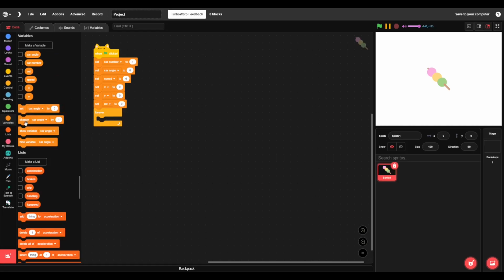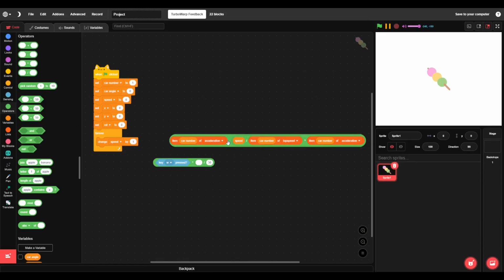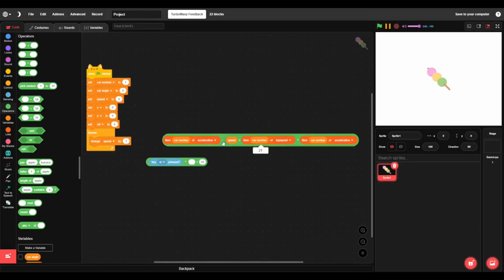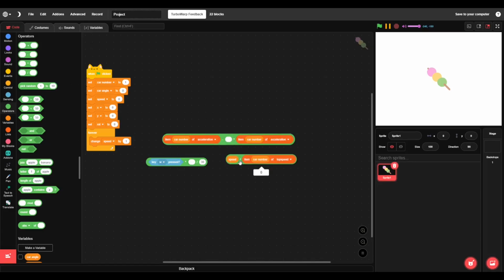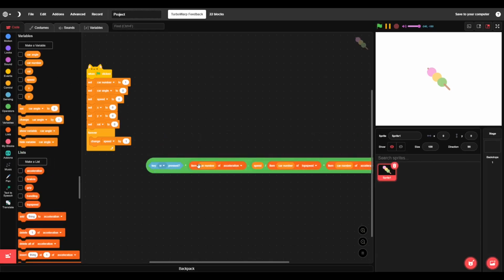So we want the car to accelerate whenever we press the W key. So this right here is what will make the car accelerate. And if you're somewhat familiar with mathematical terms and functions and stuff, you might have heard of the term asymptote, which in this case is the top speed of the car, which means that the car is technically never hitting its true top speed defined in this list. It's going to get closer and closer to its top speed until the output of this value, drag this in place,